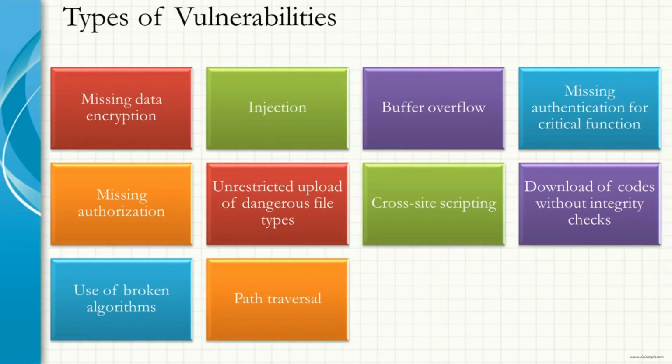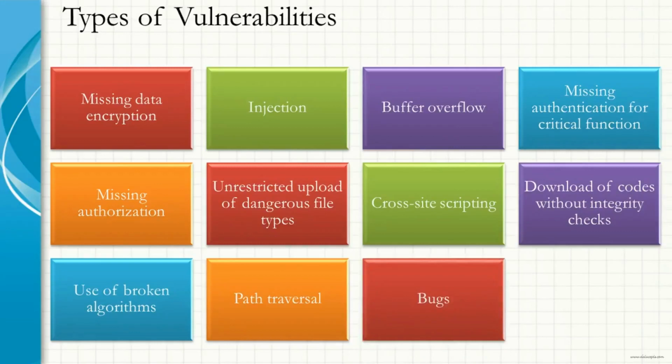Path traversal. File path traversal, also called directory traversal, is a vulnerability that allows an attacker to read the content of files to which they should not have access. A path traversal attack aims to access files and directories that are stored outside the webroot folder. Such files may be related to source code and configuration files, among other files.